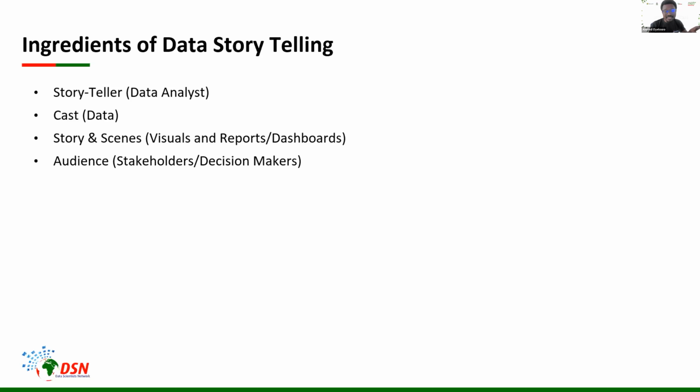Then, at that point in time, you would also have known what visuals you are going to use to convey that information. Because you have the script, then obviously that's why there's always a director that is going to direct the cast on how to thrash out their roles, if I could use that word, right? So the story usually comes first, and then we can now talk about the audience. That's going to determine how we deliver the story. And then we can now talk about the data in the first place. And then at the end of the day, we can now shoot our scenes basically on your screen, right?